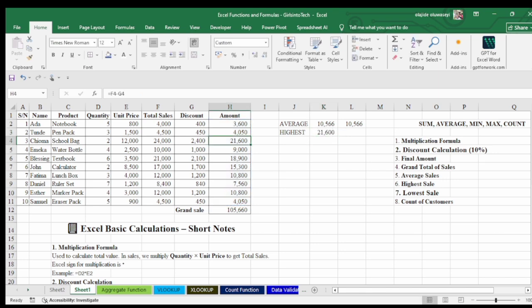Now, if you look at here, what do we have as the highest? We have the 21,600, which is the highest. Are you there? So now, how do we get the lowest, which is equals to minimum open bracket